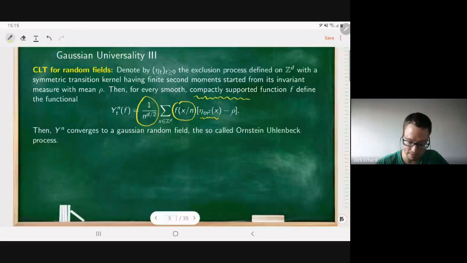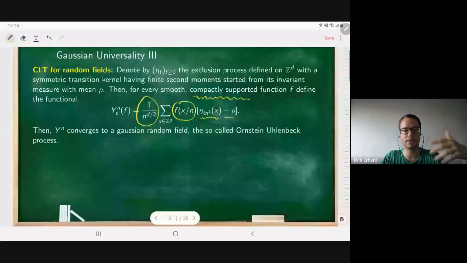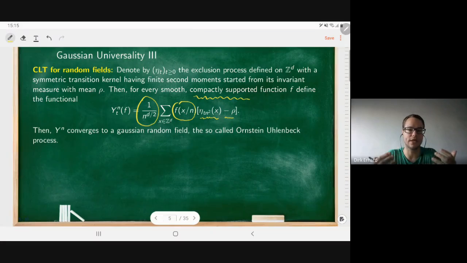And last but not least, the thing would not converge, so essentially we need to center it. It's the same thing that happens in the usual central limit theory. And what the result is: this Yn converges, and it converges to something Gaussian. So now we essentially saw 3 examples where you see something Gaussian. So this is evidence of the fact that the Gaussian universality class is